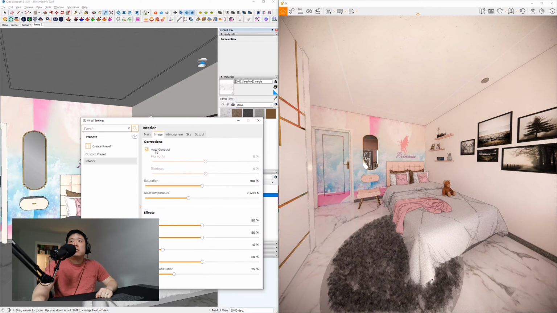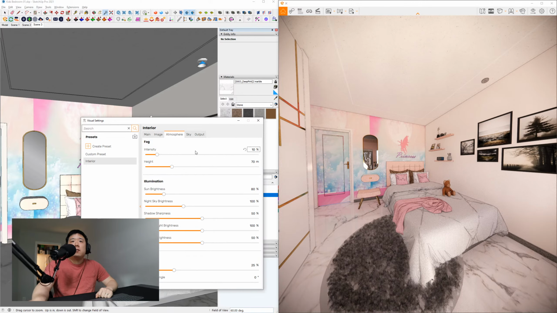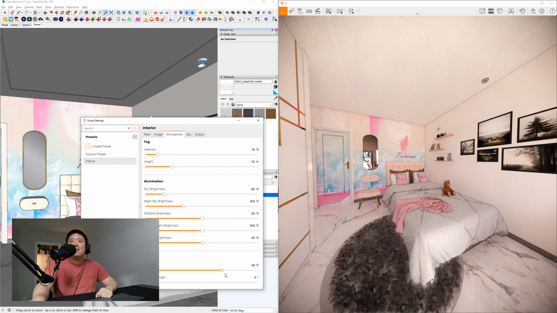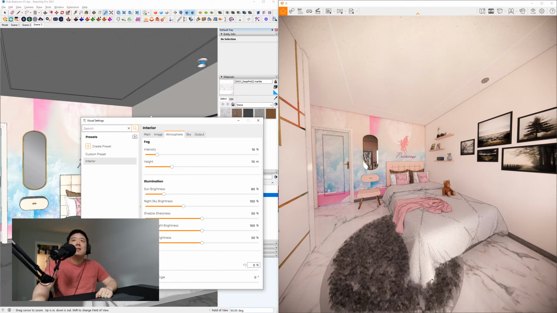But in this case, I'd like auto contrast, so I'll keep it on. Atmosphere, nothing I typically mess with here. I typically don't like wind all that much. I appreciate the animated trees, but you'll see how the carpet is going to be animated when you have a lot of wind, and it doesn't particularly make sense. Even if I'm outside, I don't really need that much of a tree animation, so I typically just